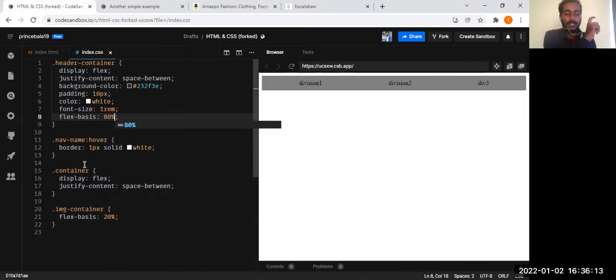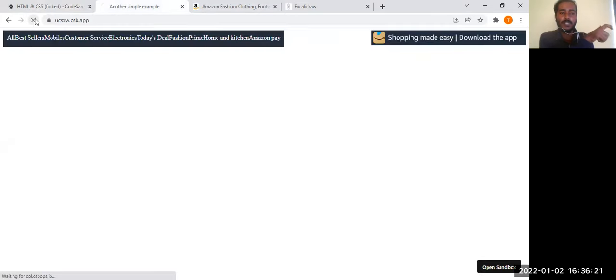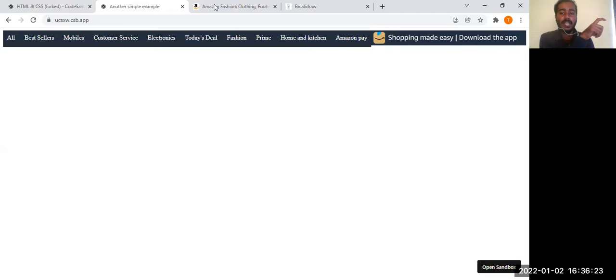This is the whole flex, the main container, so you don't have to mention 100%, because automatically it will be 100% only. I've given 80% to that and 20% to this. Can you see the difference now? It has extended. In the entire screen of 100%, this took 80% and this took 20%.